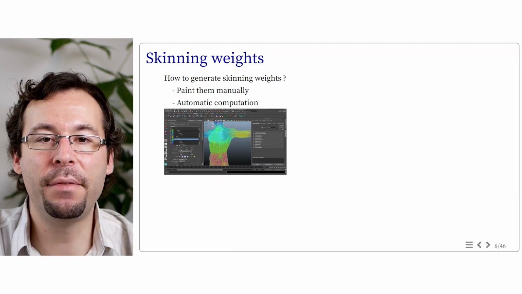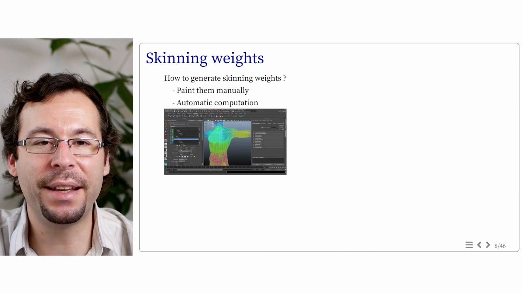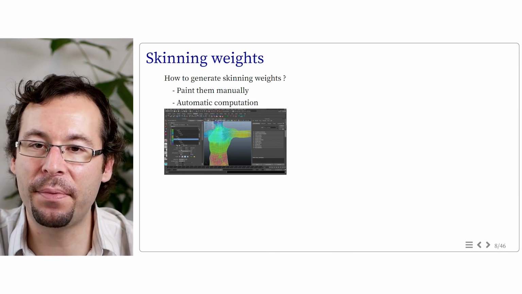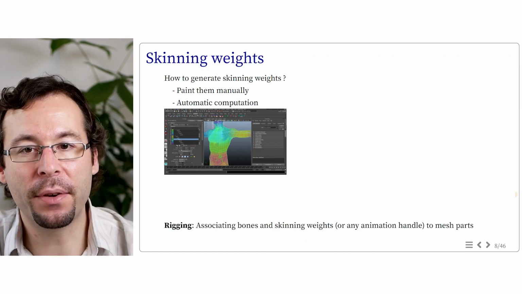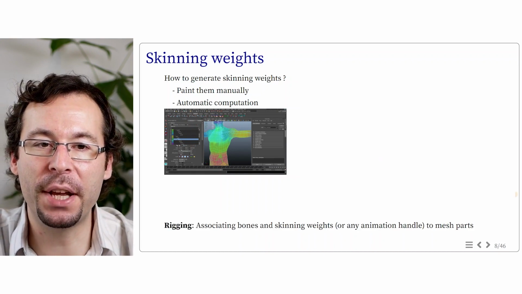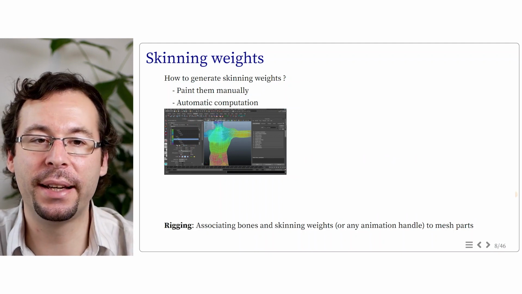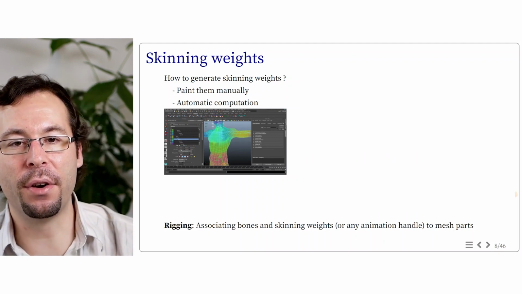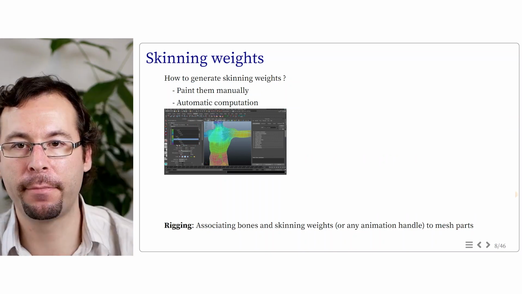And remember that the sum of the skinning weights for a given vertex must always sum up to 1. So at the end, even if there is a graphical interface to help, correct skinning weight painting can require an expertise in itself and is often done by expert artists. And this process of attaching the dependence between the mesh geometry and the controller of the motion is called, more generally, rigging. And you can find in companies artists that are experts in generating rigs.